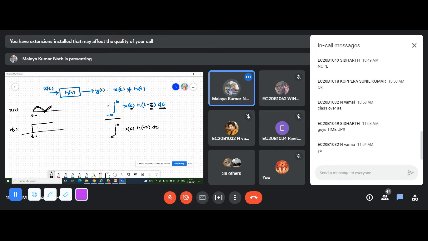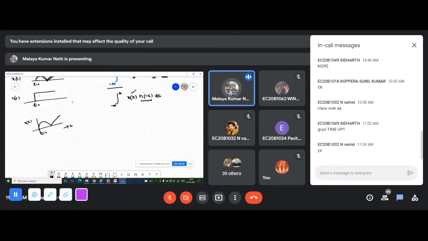I hope it is clear to you. So what is this h of minus tau? This h of minus tau represents this signal, h of t with the variable tau. So if I represent it in the form of tau, then how much will it be? That means I have to represent x of t in terms of x of tau, and h of t in terms of h of tau. So now what is x of tau? X of tau is nothing but the same signal. Now this is tau equal to 0, and this variable is tau. Now this becomes x of tau. I hope it is clear to you.